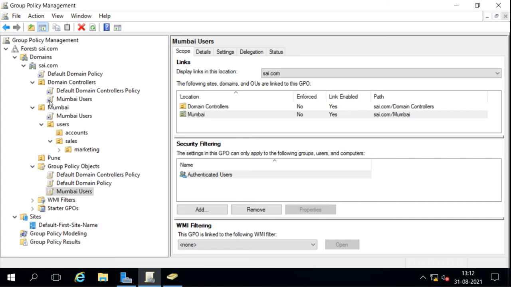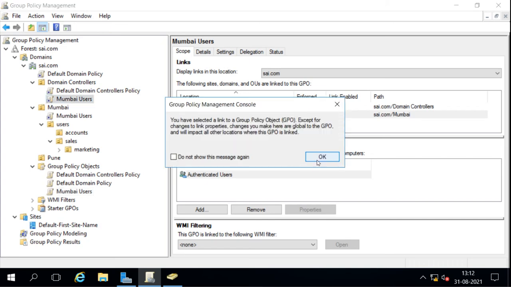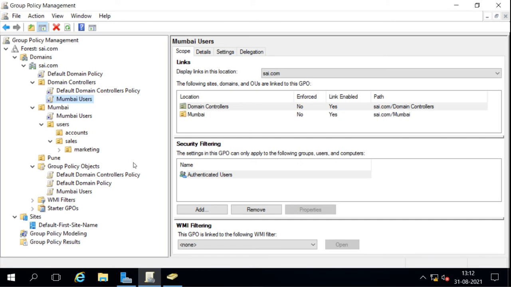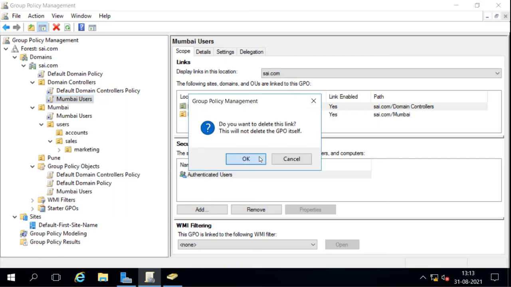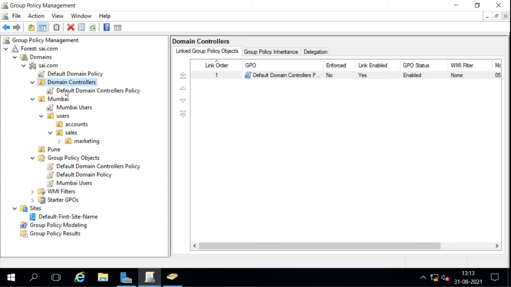And it is actually a link. That means if I delete the link, it is not going to delete the policy. I can right click on it and say delete. Now when I delete it from this domain controllers OU, it is not deleting the OU, it is not deleting the group policy object.